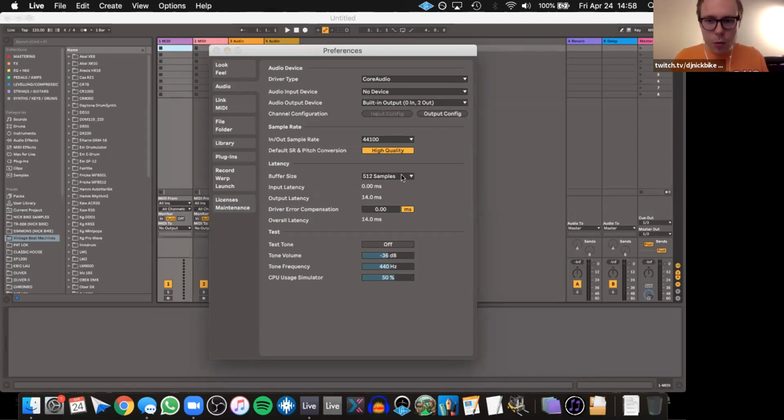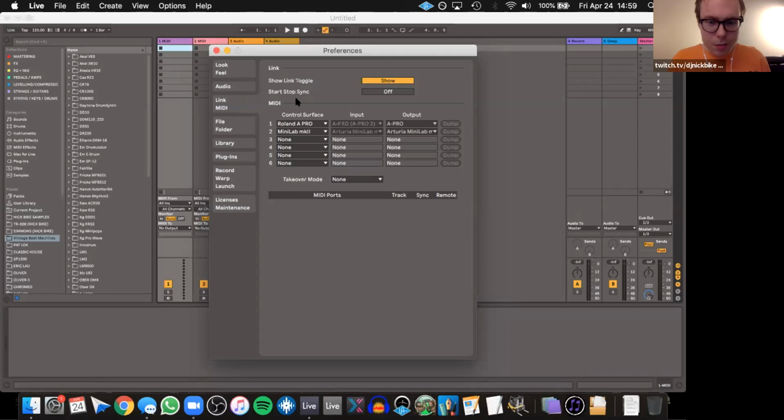Running at a very low buffer rate may decrease the reaction time, like if I play a note on a keyboard and it shows up almost instantly within Ableton, but you need a more powerful computer to run something like that. So if you start noticing Ableton glitching out, you might have to toggle your buffer size or your driver error settings. That's something you need to play around with if that becomes an issue, or if you're doing that kind of thing.